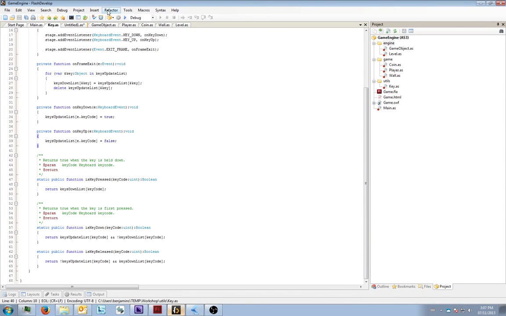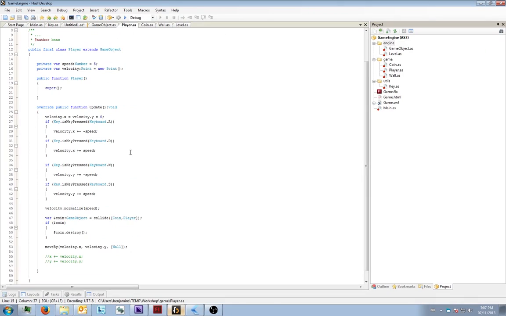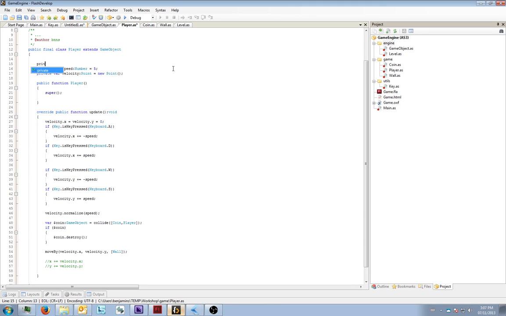But here's the other thing. If we go into our player, we want to change the way he works. He has a speed. That's great. But he's also going to have something called jump. Jump is going to be his velocity in the air. So speed will be horizontal, and jump will be vertical. And we'll say that he heads up, and when he jumps, he heads in negative 15